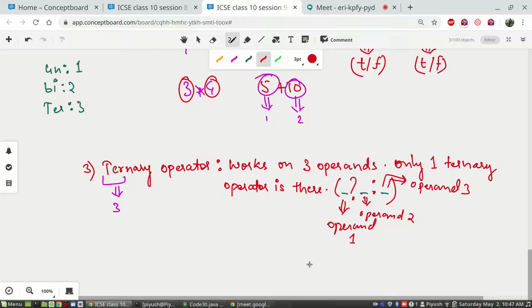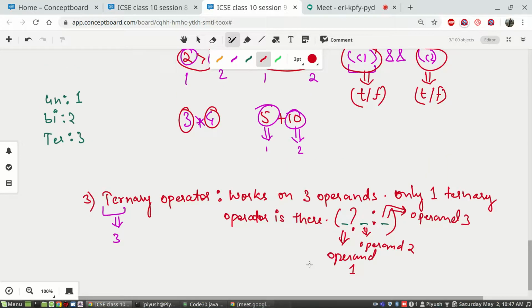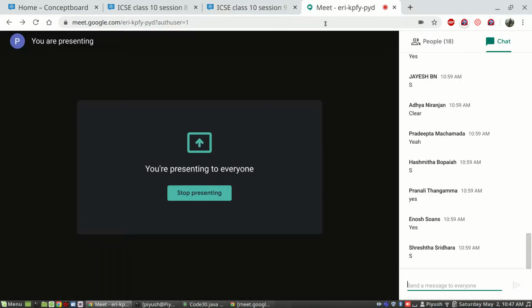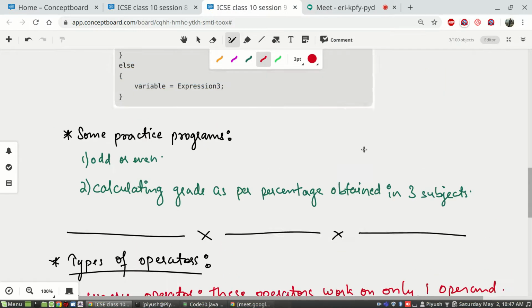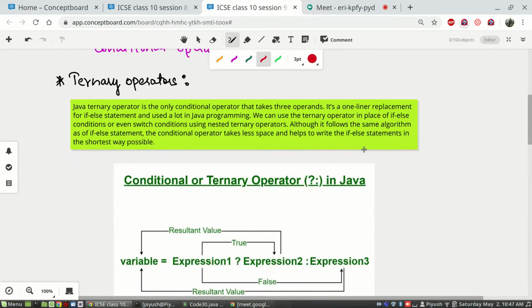Now we will see the concept a bit. So the Java ternary operator, just follow me. We are of course going to dive deep into it, but let us build the fundamentals and premises first.